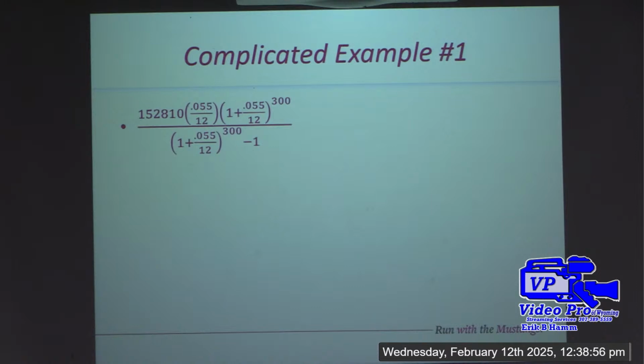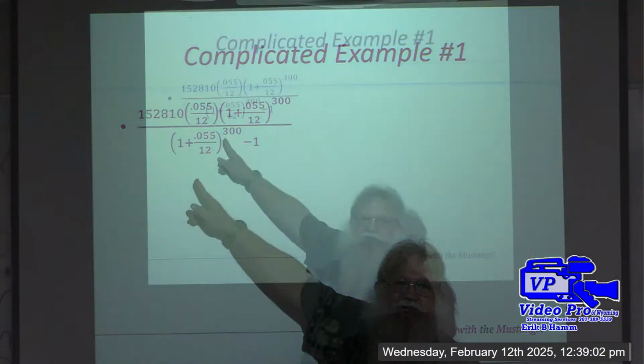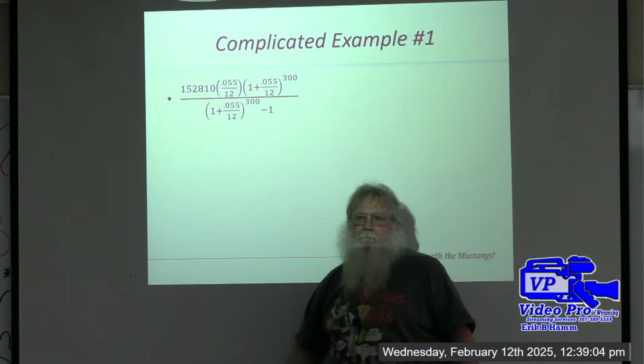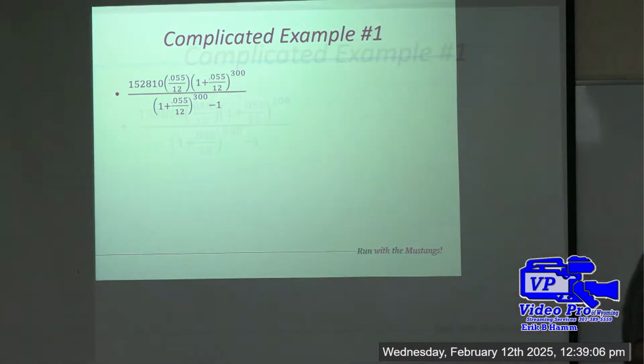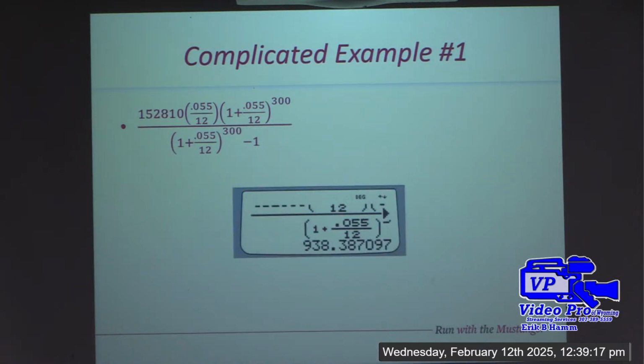So enter in just the numerator, and then after you've entered in the numerator, toggle down to the denominator and enter in that bottom expression. And then just work your way from left to right. These calculators can handle this complicated calculation. I'm going to give you the final answer in case you want to try it. The final answer is